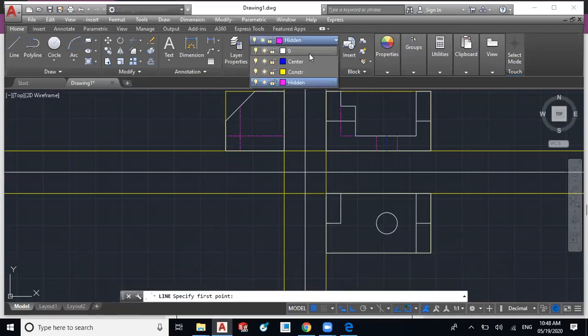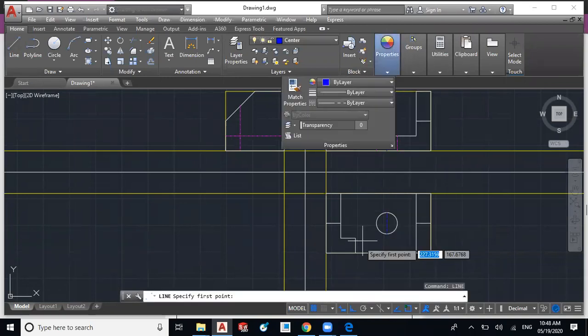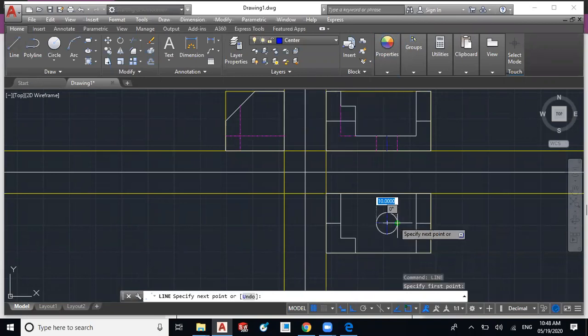So first switch into the 0 layer because we are drawing outline, and this is the 14. Again this 7. Track it. Track this point, cross section, and you'll get that L-shaped inclined surface on the top. So we have to draw the center line for the circle. So I'll select the center. I'll select the quadrants. So, and I will repeat the line, right click, repeat line, and I'll select this quadrant and this quadrant to draw the center lines.